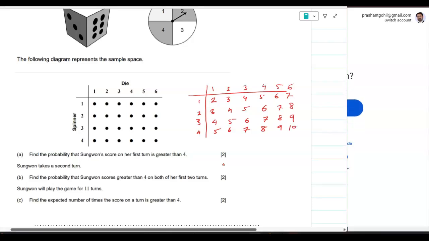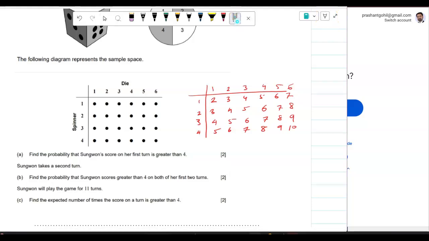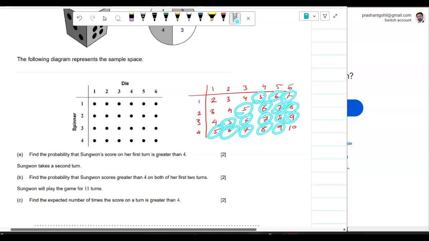You write like this. Why am I confused? I'm doing the total, no? 1 plus 1, yeah. 2 plus 1, 3. 1 plus 3, 4. 1 plus 4, 5. So I'm writing the total directly. So now, the first one is greater than 4. Greater than 4, which values will come in? I'm following that. So directly